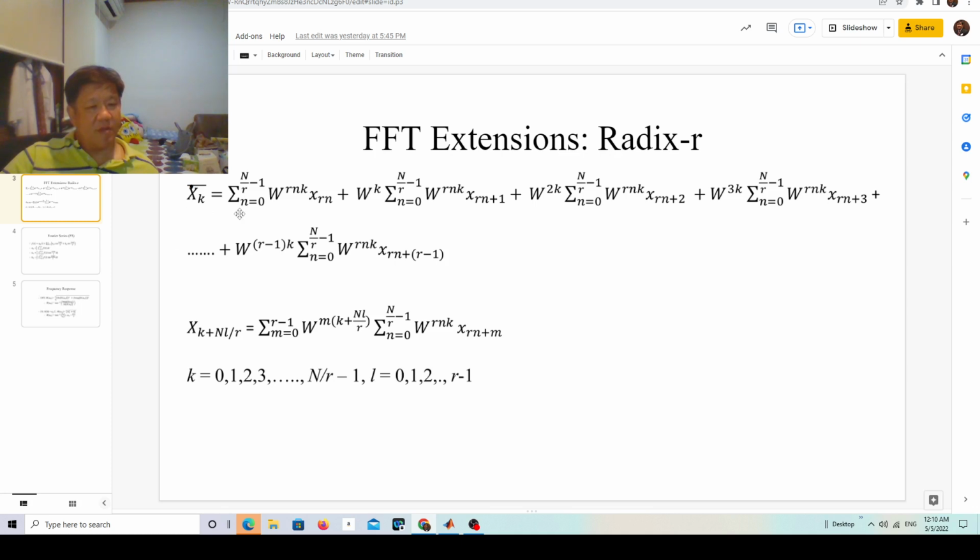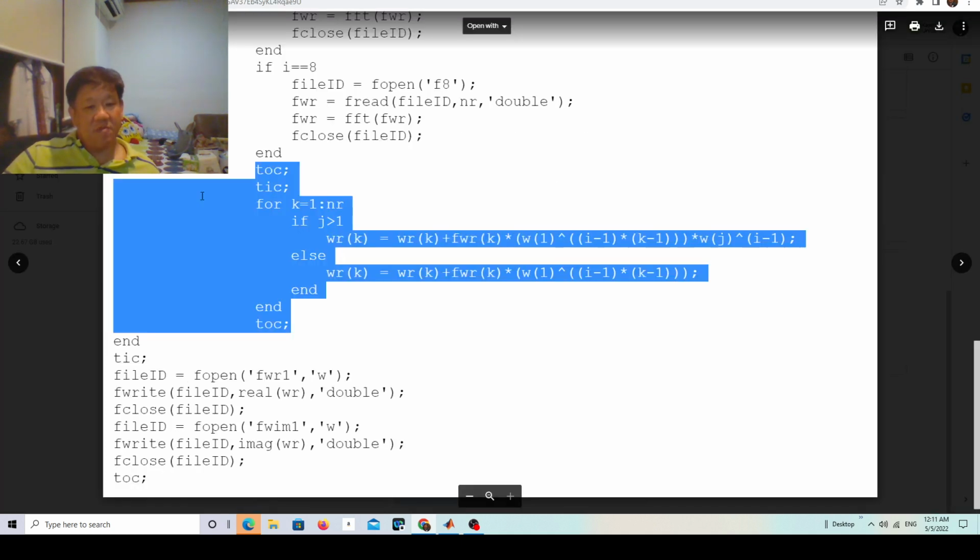This is a command to execute this one. Start l equal to 0 is equivalent to j equal to 1. l equal to 1 corresponds with j equal to 2, up to l equal to r minus 1, which is the same as j equal to r. So you can see that